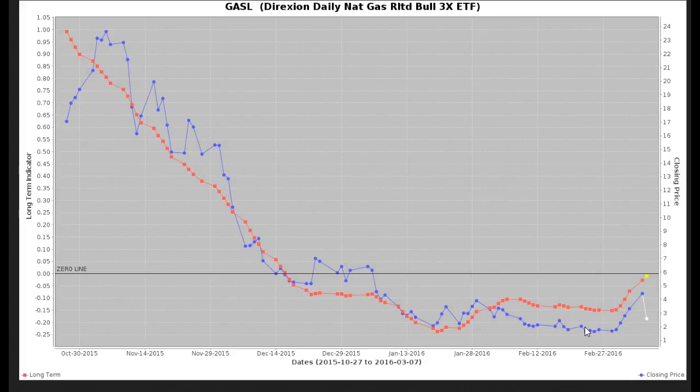When you're getting down in the $2 price range, obviously, you get pretty big moves percentage-wise, but still overall, the move wasn't really getting huge moves to the downside in terms of the closing price. I know it's tough to say, because you could have a 15% move to the downside, and many people are going to say that that's a big move, and it really is. But when you're dealing with 3-times ETFs, you do have these types of moves that you have to bear. But holding on to the position, you can see that we finally did move to the upside,